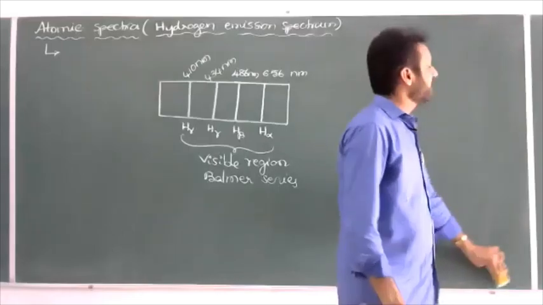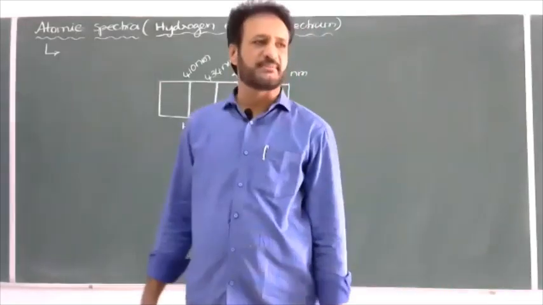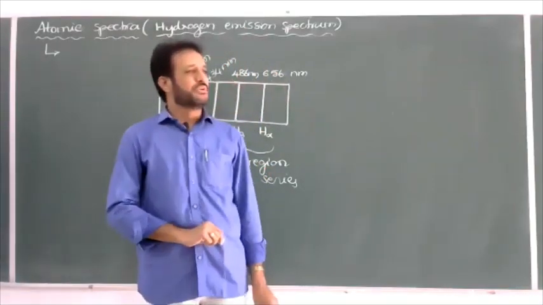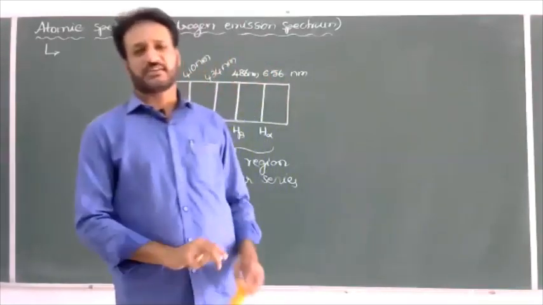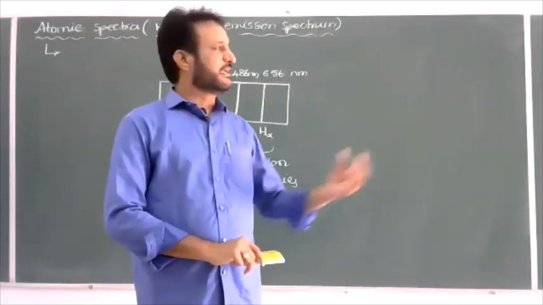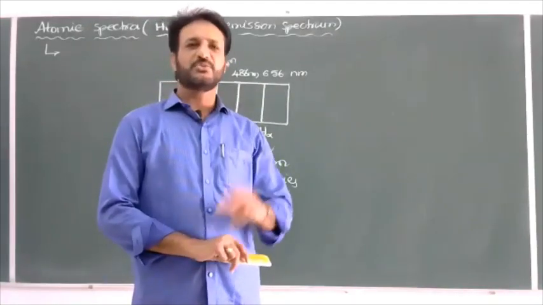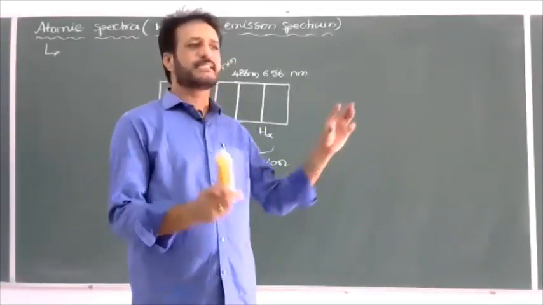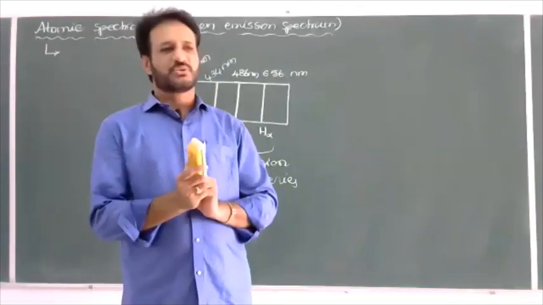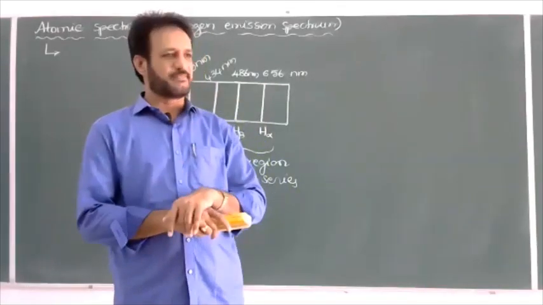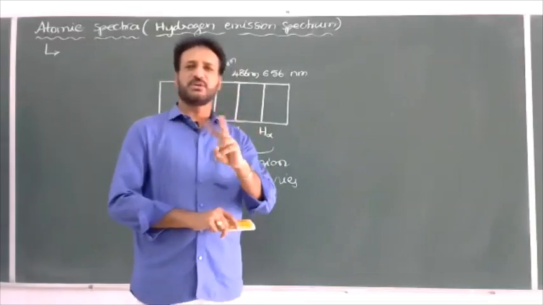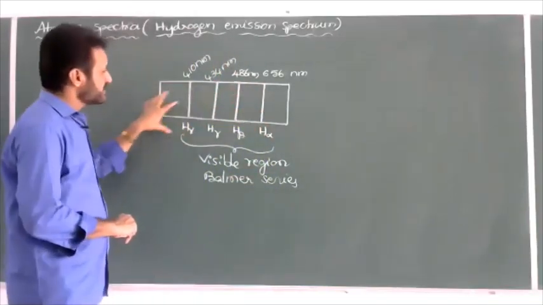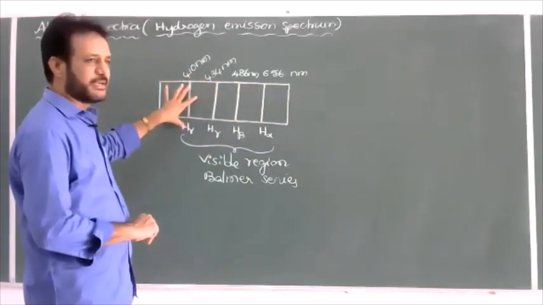By using sodium vapor also we can produce the line absorption spectrum. Whenever white light is passed through the sodium vapor, we get two dark lines. With electric current passed through the sodium vapor, we got two yellow lines, 590 nanometer and 596 nanometer. When passing white light through the sodium vapor, those two lines are missing, and in place of the two yellow lines we got two dark lines.